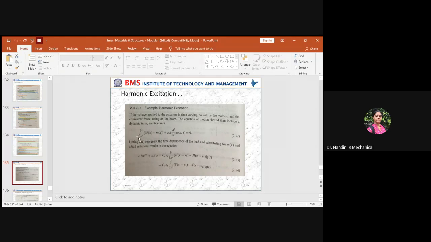If it is differentiated twice, then we are focusing only on the external moment loading. If it is differentiated 4 times, then we'll be evaluating the value of the internal bending moment as well as the external bending moment. So by seeing the equation, you should be able to identify what you are going to evaluate. The problem on harmonic excitation, I will do in the next class.